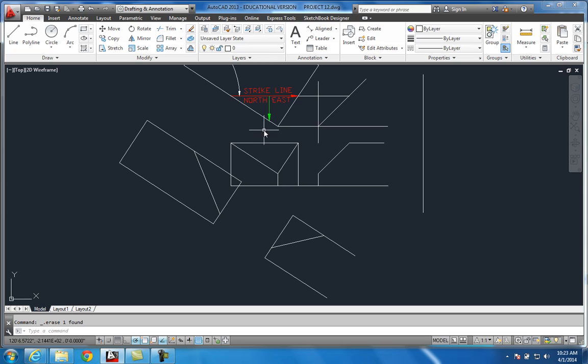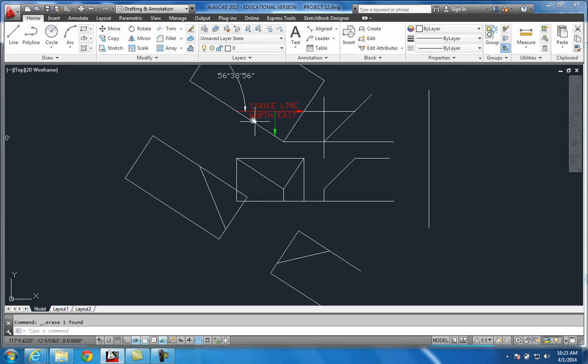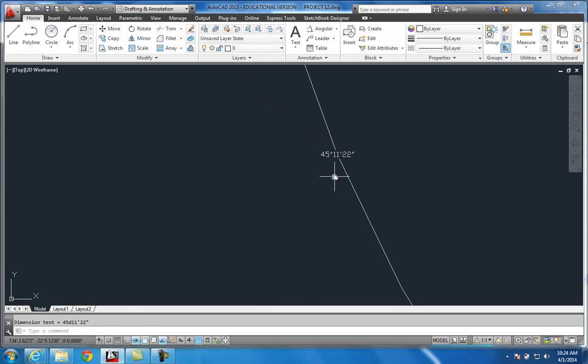So what we did was we took this, we revolved this around so we could do an auxiliary view to look at this thing straight on, and then we just turned it to the right side. We just pulled a right side view, and they call this a secondary auxiliary, just so that we could see. This was the primary auxiliary, this was the secondary, just so we could see that dip. And then of course, to find that dip, we just do an angular dimension, and we'll zoom in here, and that is 45 degrees 11 minutes and 22 seconds. So we're going to take that number